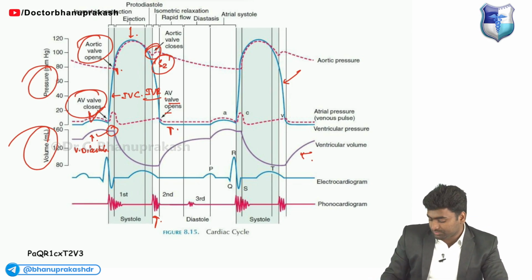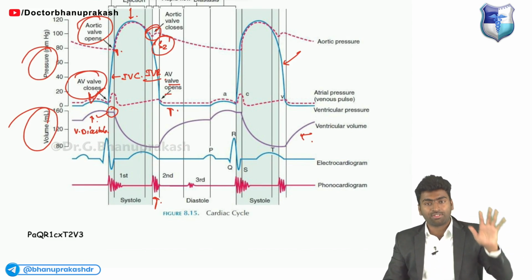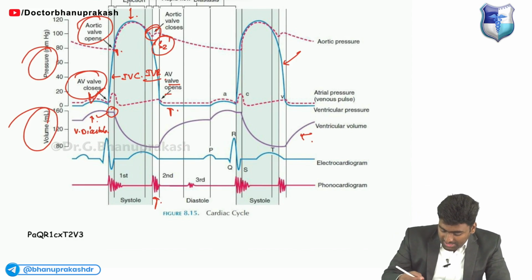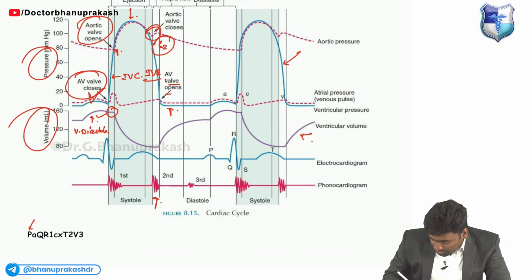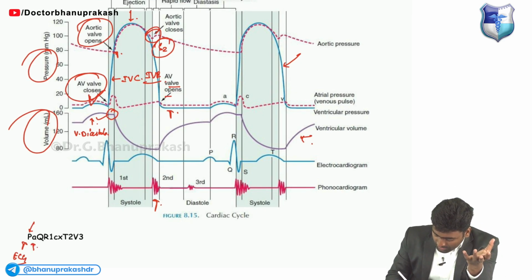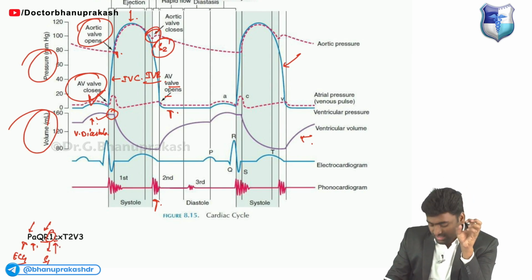Sometimes they will ask you what is the sequence of these events in relation with the JVP, in relation with the ECG and along the cardiac cycle. So just remember by this mnemonic as P. The first one to come is the ECG P wave, because of the atrial contraction. Then the A wave in JVP. Then there will be ventricular contraction, the initial QRS in the ECG, then followed by S1, then followed by the C wave, which is because of the isovolumetric contraction,